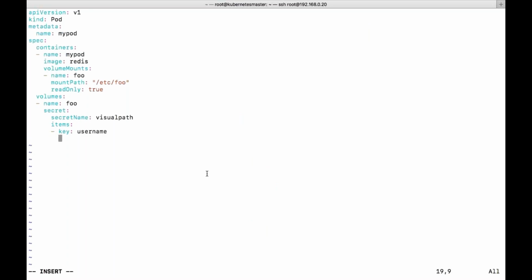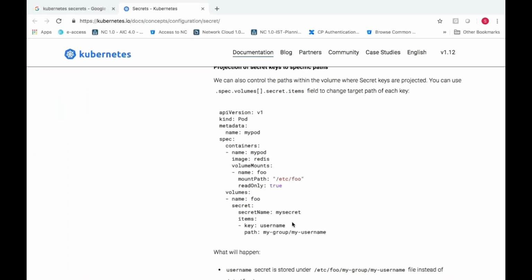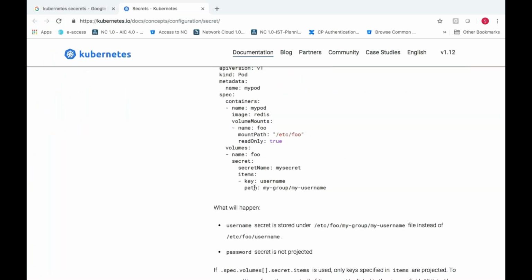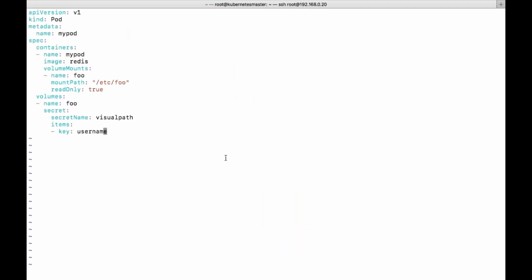We need to specify the path. If you want to place it in a specific path, you can see here file. It will create this particular directory under this, instead of storing directly, so then you need to specify path. As of now, it is not required for us. I want to store only the username in that particular pod.